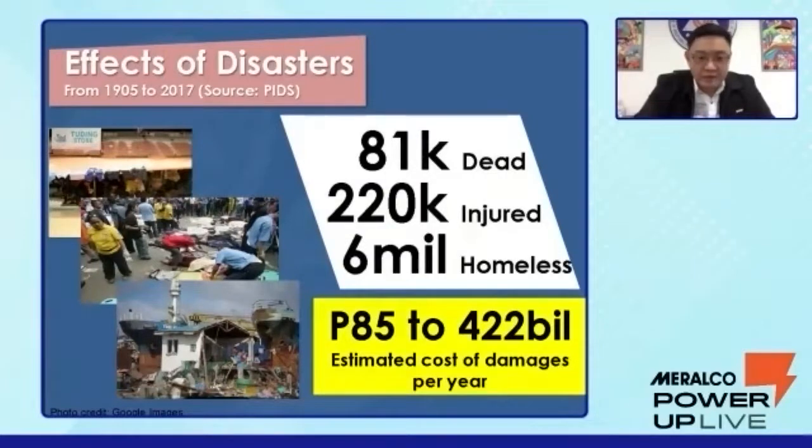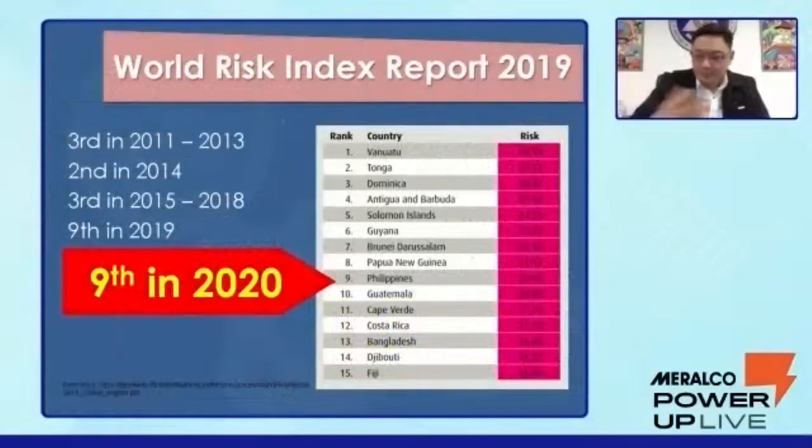And this year again, 9th na po tayo. But that is 9th over like a lot, 180 countries. And so we're still very high up there. And allow me to also mention in terms of climate change, climate risk, we are third. Okay. So now going into